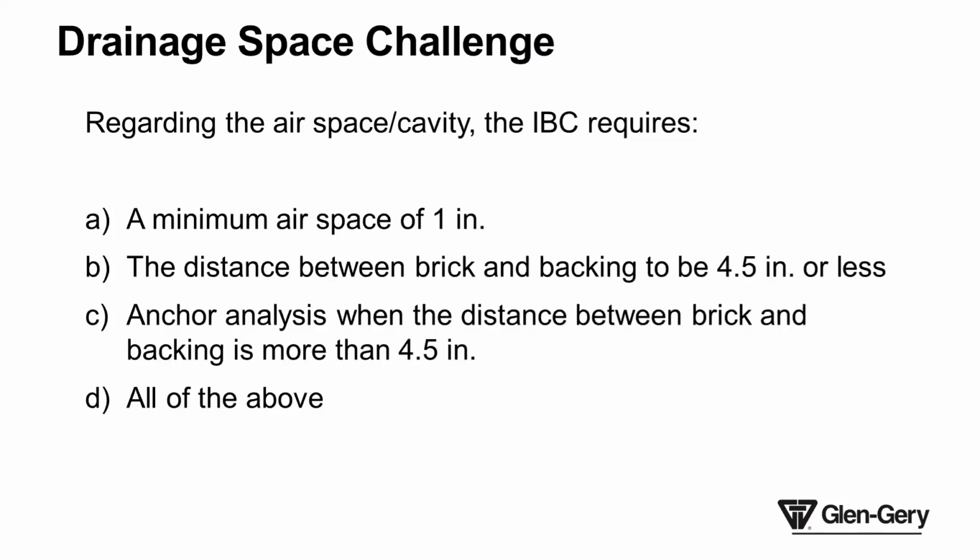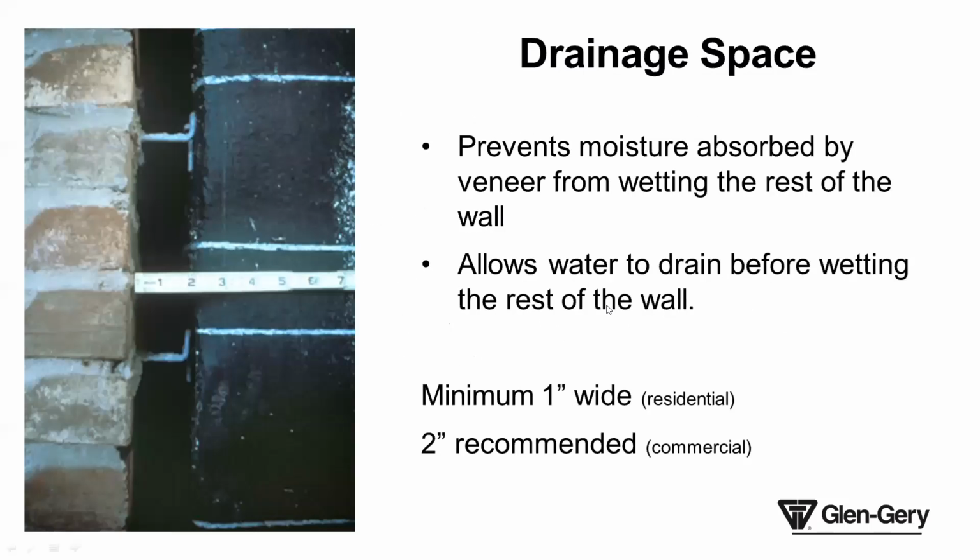And if you're thinking D, all of the above, it means that either one, you're pretty good at test taking strategy, number two, maybe you've been in one of my seminars before, or number three, maybe it's just something that you've run across or maybe asked or been told at some point. But the answer is D. All of these are in fact true. This is important because if you do have an airspace or a drainage space that's more than 4.5 inches, it means that your tie is subject to some loading that we have to make sure that it's stiff enough to be able to transfer the loads properly. But from a water penetration standpoint, the critical thing is that that drainage space is at least